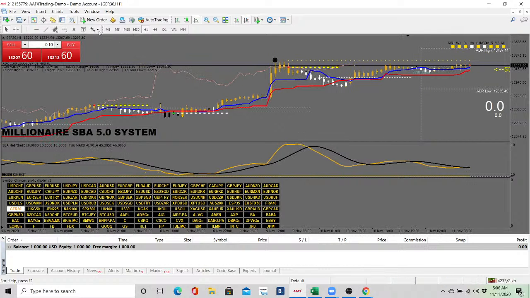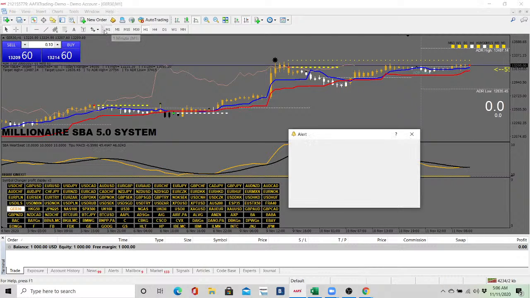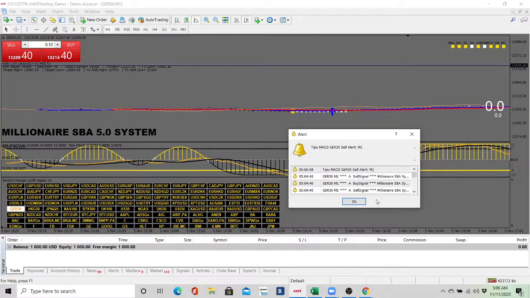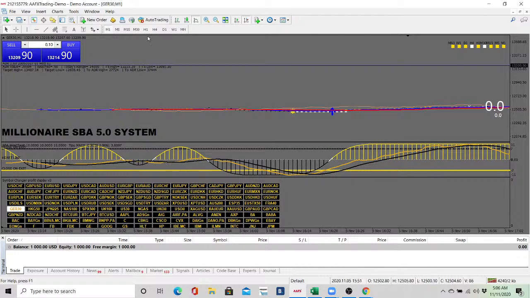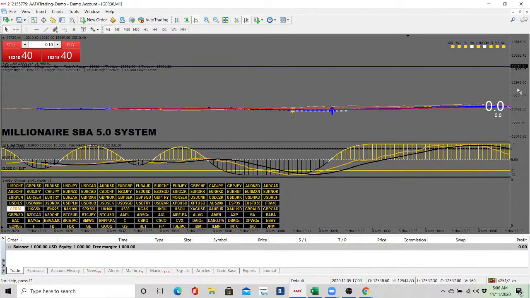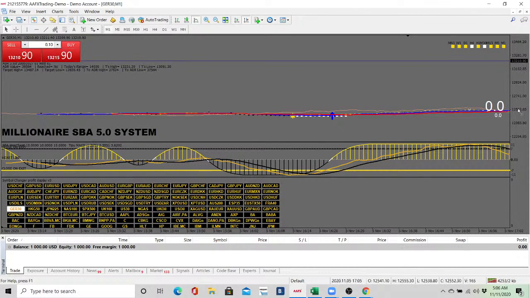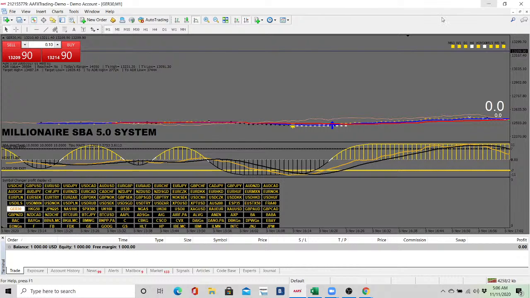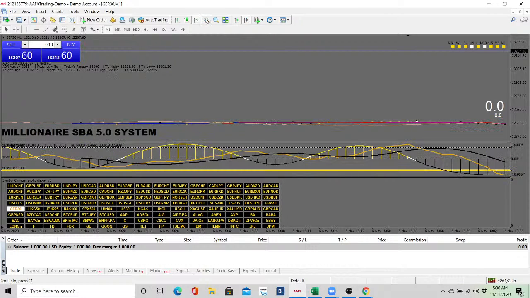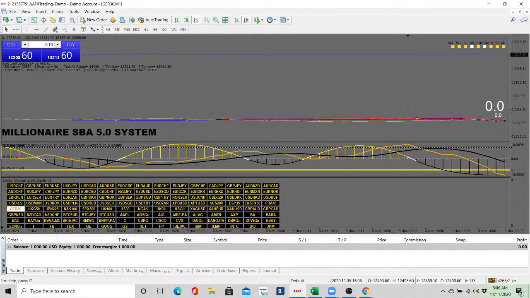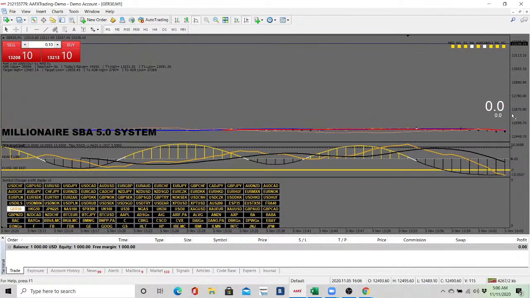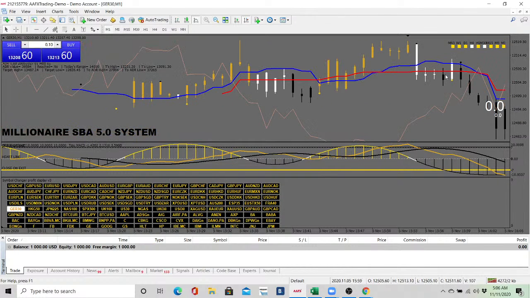It's on the 1 hour. We got a sell signal on the 1 minute. It's showing like that. All right, well,